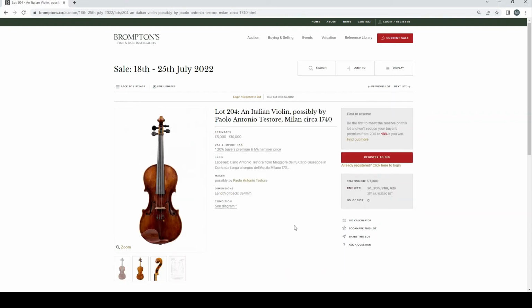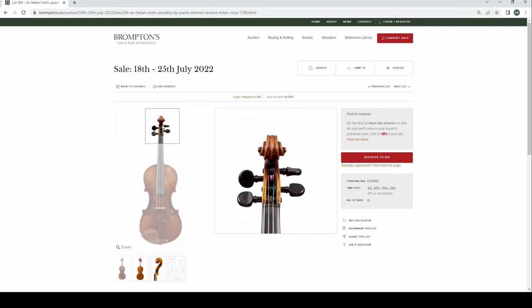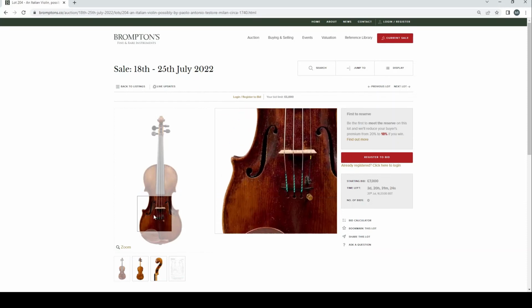An Italian violin, possibly by Paolo Antonio Testore, Milan, circa 1740. Estimates 8 to 10,000 there. It's got the label Carlo Antonio Testore there. Length of back 354. No bids so far. An interesting looking violin, but I think it's in a bit of a